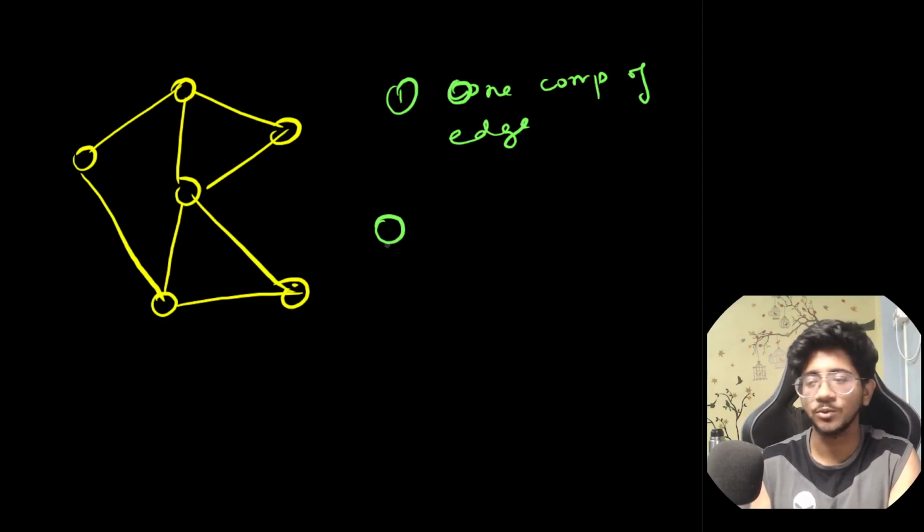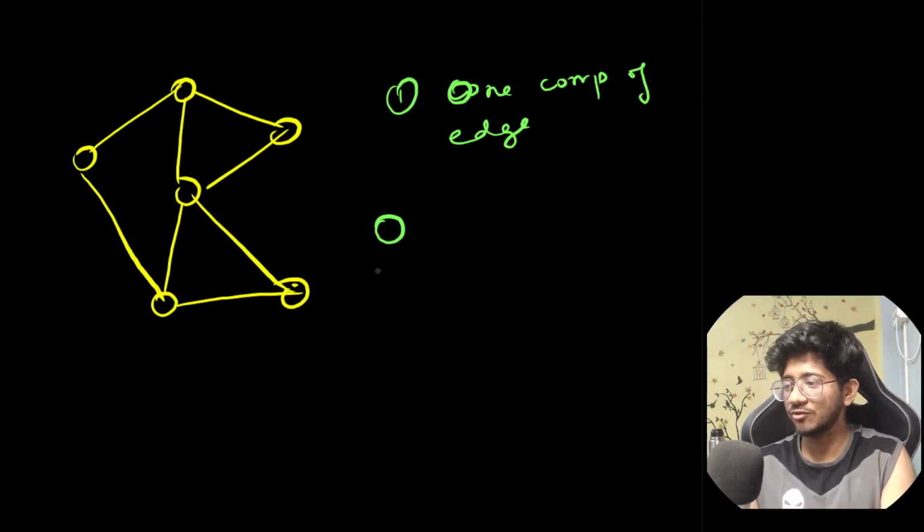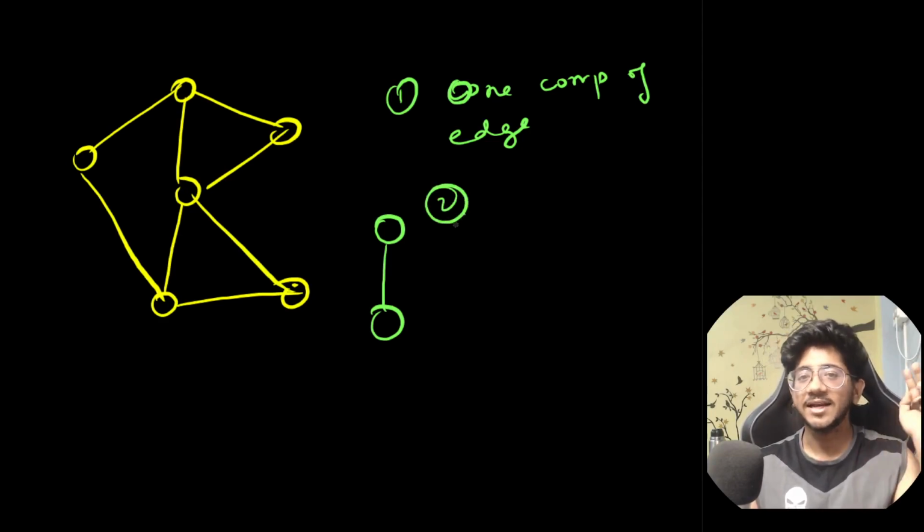So isolated nodes are no problem. And the thing is, if there is an edge over here, if you start in this component, you can never reach this component, and so on, and vice versa. So there should be exactly one component. Okay. The second condition that exists for finding